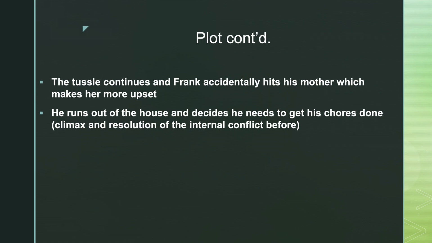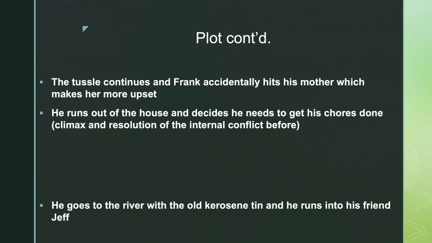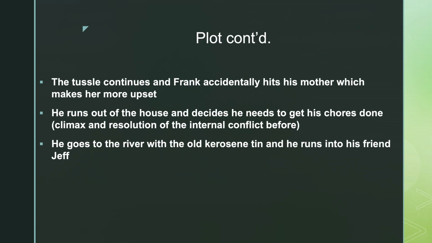So the climax and the resolution come about with the conflict being resolved in a sense, right? Because the conflict of not getting out of bed has been resolved. That's the end of this. He eventually got out, based on being flogged by his mother, and he eventually gets away from his mother. Now, he decides that he needs to get back into her good graces, and so he's going to go and do his chores. Remember, we're looking at the plot. So we're looking at the events that are unfolding as he goes.